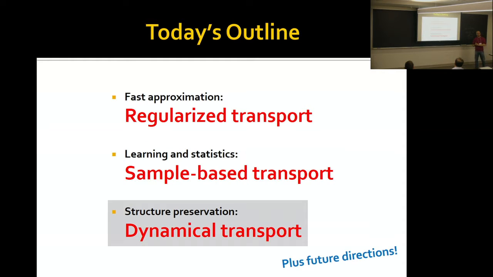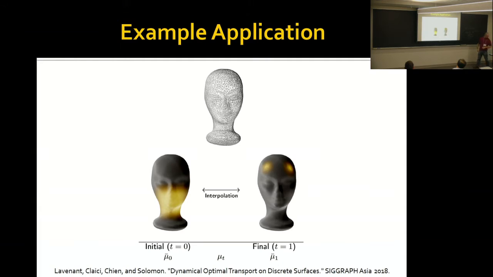In any event, in the last 2 minutes I have here, maybe I'll sketch out one final application, just because it's completely different from the other two, which is in the dynamical setting. The typical setup is drawn from computer graphics, where I have some domain, a triangulated surface. I have two signals on this domain, like the yellow color here. My job is to interpolate from one to the other. There are many cases in computer graphics where interpolation is really the key task. Okay?